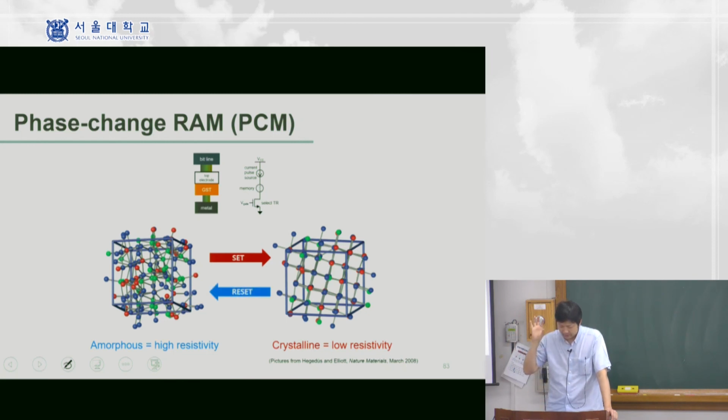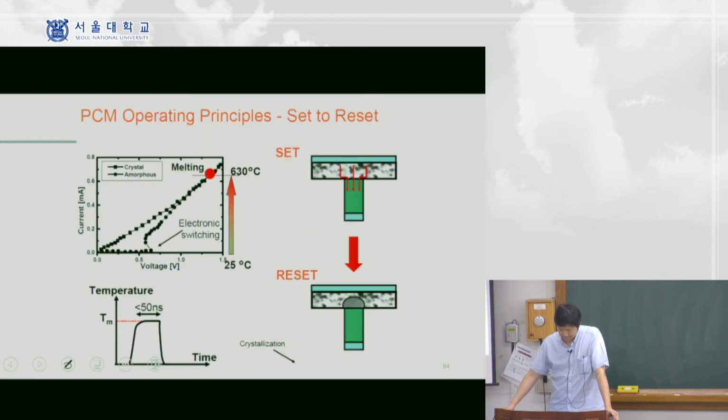As I said, 1 bit of information is encoded using the resistance value, the resistivity of the material. High resistivity is 0, and low resistivity is 1. And that's the programming operating principle. I think it's kind of too much detail, but the operating principle is this: if you want to reset the value from 1 to 0,